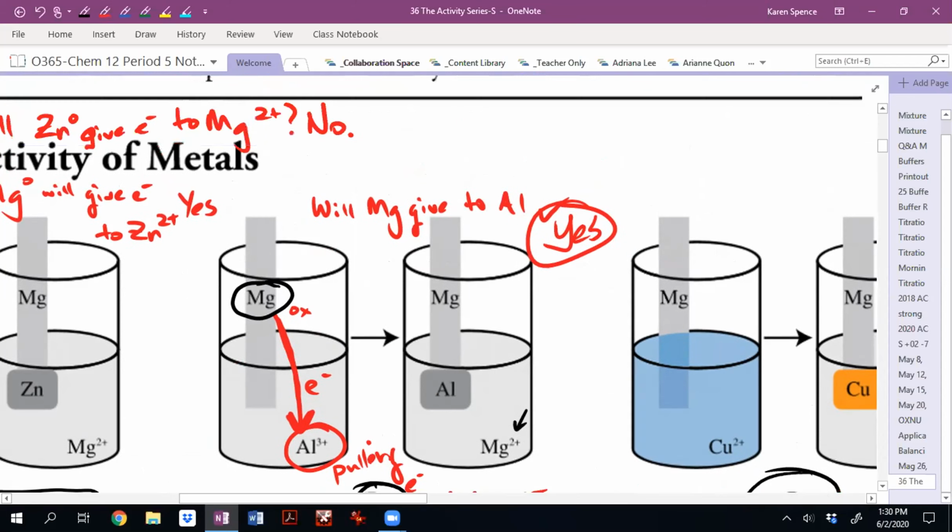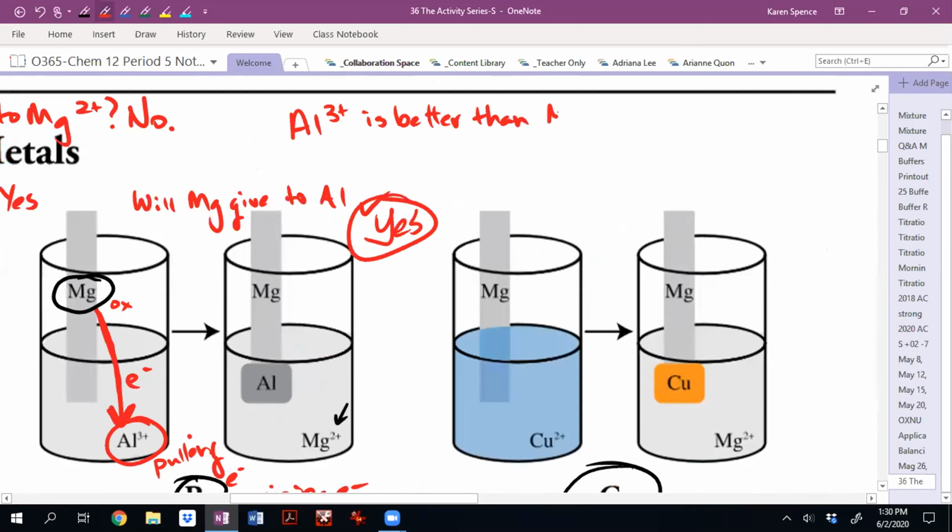So if I said aluminum 3+ is better than Mg2+ at gaining electrons,